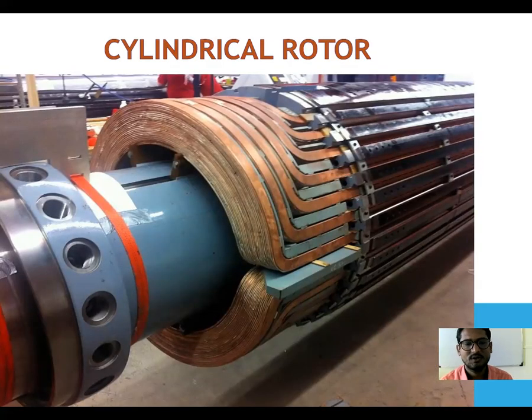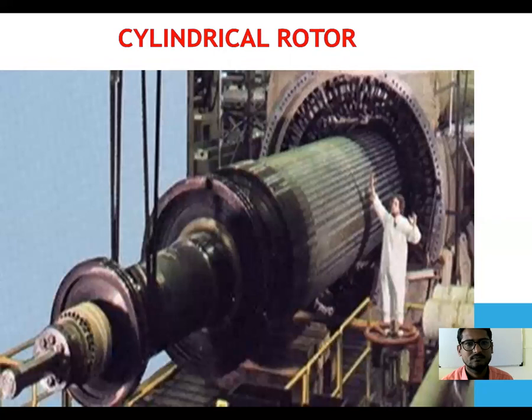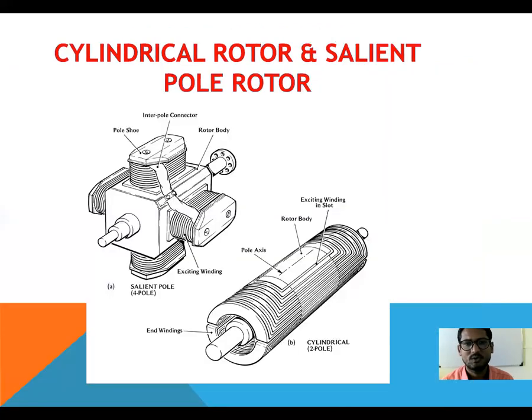This is another construction of rotor. Here you observe a number of slots located on a rotor. This copper shows the field winding, with a lap type of winding used in the case of a cylindrical type of rotor. This is another diagram of the cylindrical type of rotor. This diagram shows the excitation system. After that, slots on a rotor and a field winding that is made with damping bars.